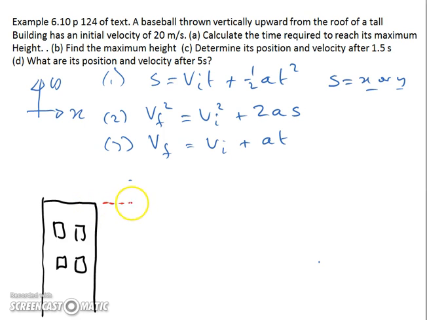And we need to make some choices about axis system. So we'll use the normal axis system, in which case remember that the acceleration due to gravity is vertically downwards, and therefore we need to give it the sign minus g. So to use any of those three independent equations, we will need to substitute minus g for the acceleration. We need to set a 0 for this problem, so we'll take the roof of the building to be y equals 0,